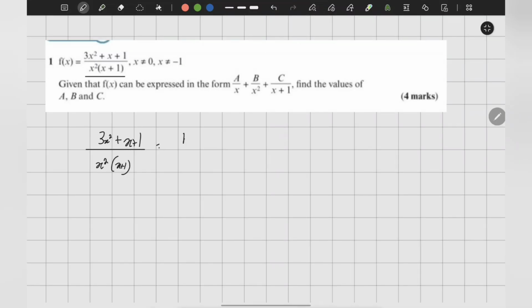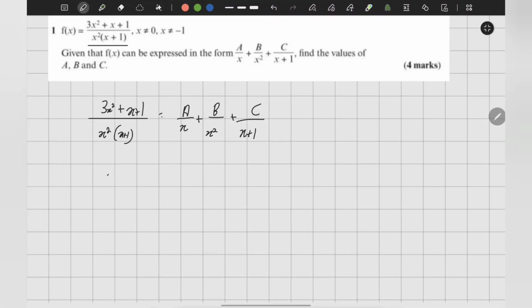This would be equal to, well, I don't have to, it does tell us in the question. Sometimes it doesn't tell you in the question, so you'll need to work out on your own what the 3 factors are supposed to be. But yeah, okay, that's our 3. Now, if you write it out to compare numerators,